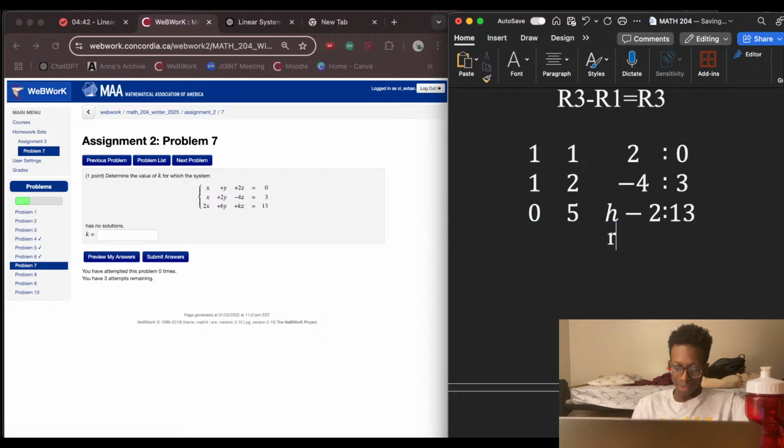So then row 1 minus row 2 minus row 3 equals to -4. No, equals to row 2. And then you would do the same thing, so then you just go